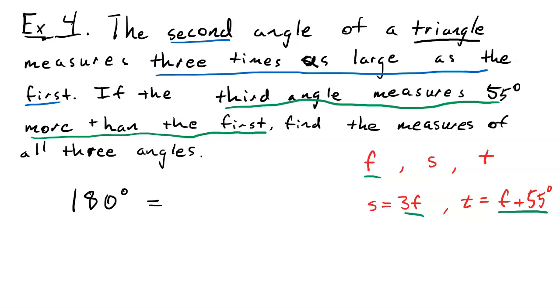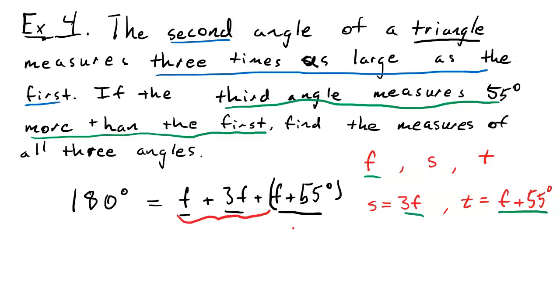We're going to have 180 degrees is equal to F plus 3F plus F plus 55. I'm going to put parentheses to kind of highlight that this is the first angle, this is the second angle, and this is the third angle. Okay, so now we try to solve for F. And in order to solve for F, we have to combine all of these like terms, and we have to subtract 55 from both sides. So this is going to give us that on the left-hand side, we're going to have 125 degrees is equal to